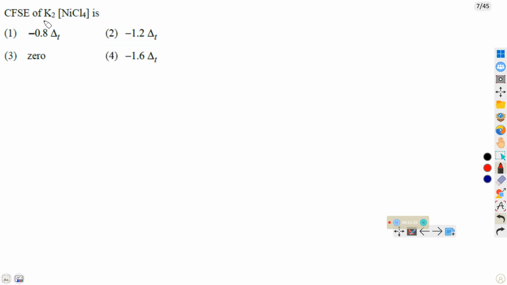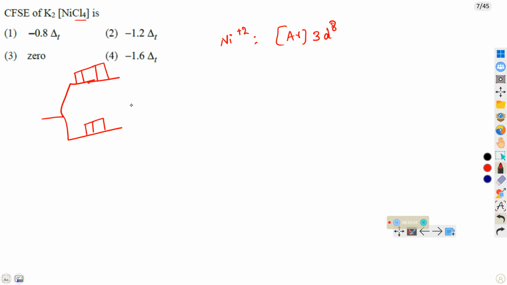Crystal field splitting energy of K2NiCl4 is given in this. Nickel is in +2 oxidation state. So the electronic configuration is argon 3d8. Chlorine is a weak field ligand. Tetrahedral complex. The e g set of orbitals is present at the bottom. The t2g set of orbitals is present at the top. 8 electrons: 1, 2, 3, 4, 5, 6, 7, 8. So the electronic configuration is